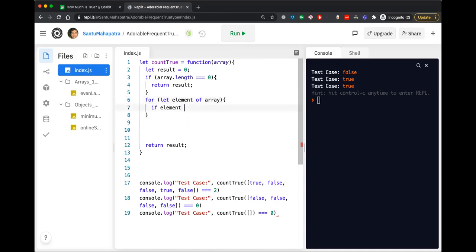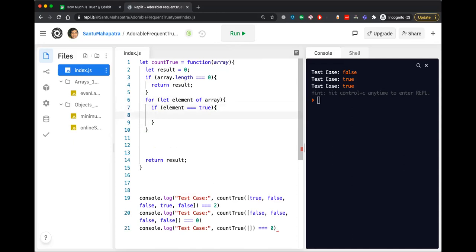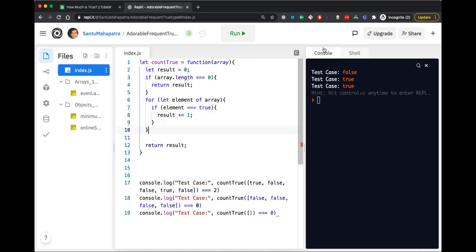So if element is true, then we do result plus equal to 1. So all our test cases pass. So simple problem, like we can do it using a for loop and an if condition within.